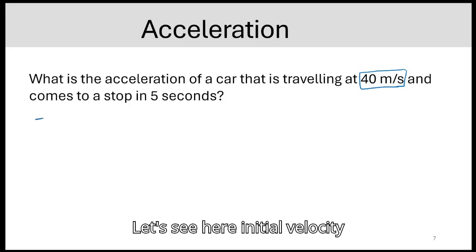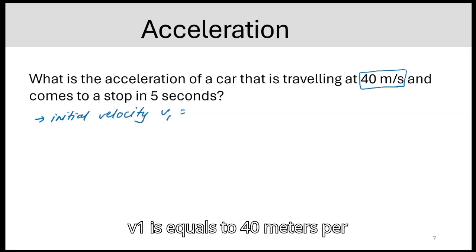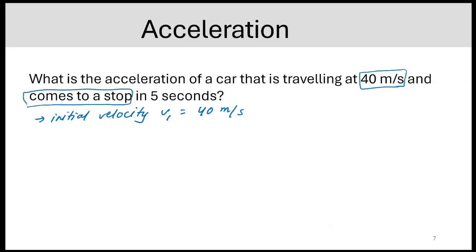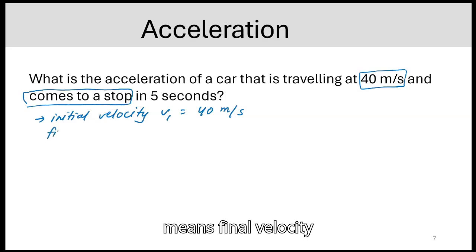Let's see here, initial velocity v1 is equals to 40 meter per second, and what this question says is the car comes to rest, come to a stop in 5 seconds. That means final velocity